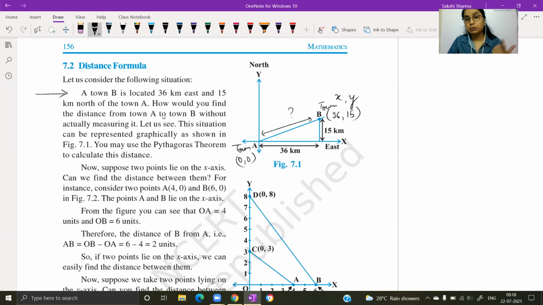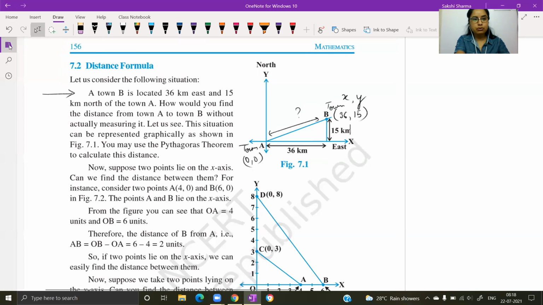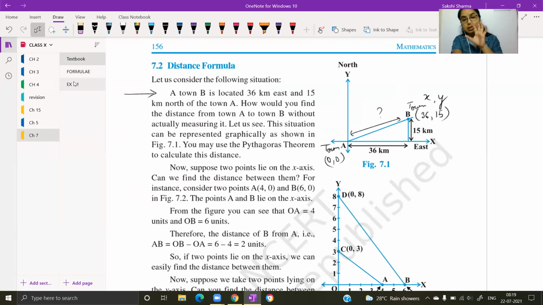So if we can find the distance between these 2 points using the distance formula, it should give us the same distance between these 2 towns. If we had done this problem earlier, when we didn't know about the distance formula, we would have applied Pythagoras theorem. So you can see how the formula was derived. In case you are calculating the distance of any point from the origin, you will obtain a right angle triangle for that point if you represent its distances. So just using that, find your answer. They have simply explained that you have worked on such problems earlier, where a point's location changes in this way.